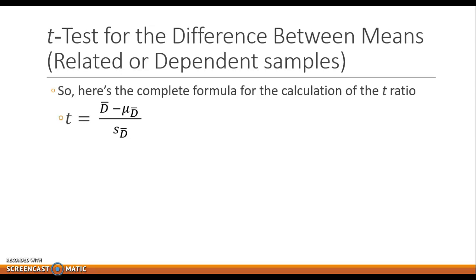Mu is the mean of the population of D bar, which, by the way, happens to be 0. More about that in a minute, because that's what we're assuming from the central limit theorem, right? That the mean of the differences is going to be 0 because the null hypothesis is there is no difference between those two. Okay? Divided by the standard deviation of big D bar,